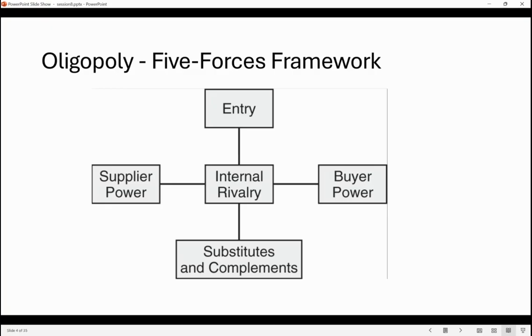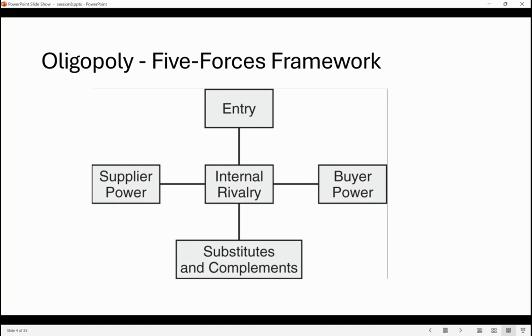First of all, how oligopoly or the other market structures would be distinguished from each other, right? There are five dimensions that make market structures different from each other. The first one is internal rivalry. To what extent can the firms in a market, in an industry, compete with each other, right? So that's the first dimension that determines a market structure. For example, in perfect competition, internal rivalry is at the maximum level, but in monopoly, it's zero. There is no rival, right? And for oligopoly, it's somewhere in between.